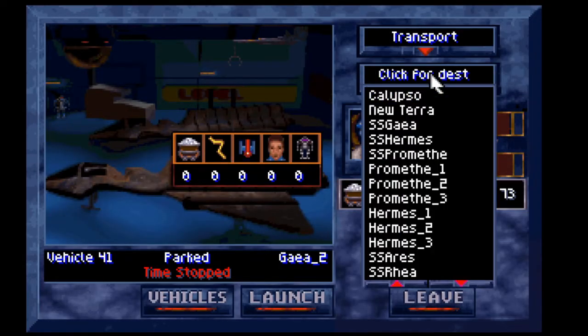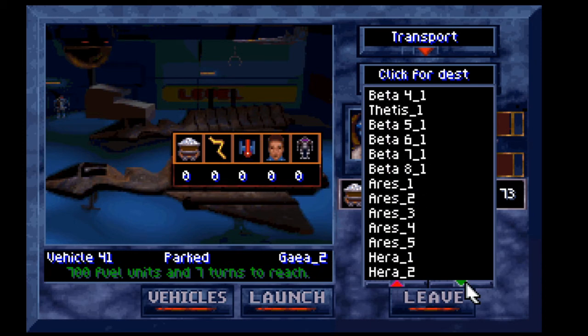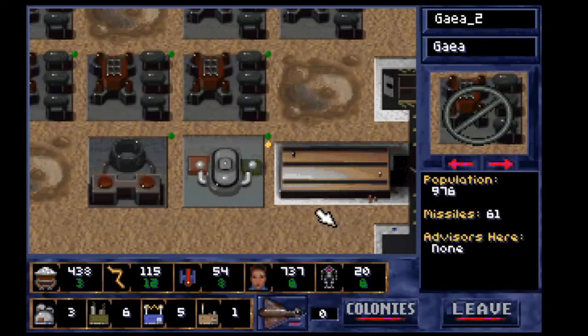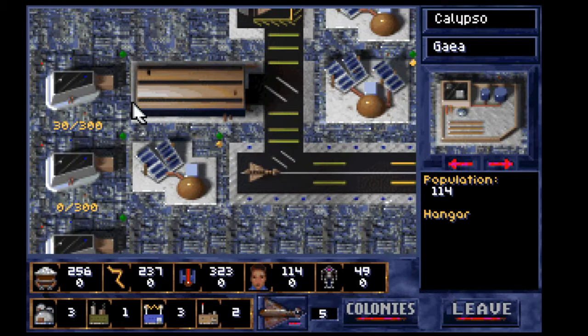And you go and transport to Hera! Hera or EB? I'm not sure. Hera one. But leave 20. And take 20 of that. Launch. Then we're gonna go to the Calypso, because the Calypso is gonna get a ton of people again in,